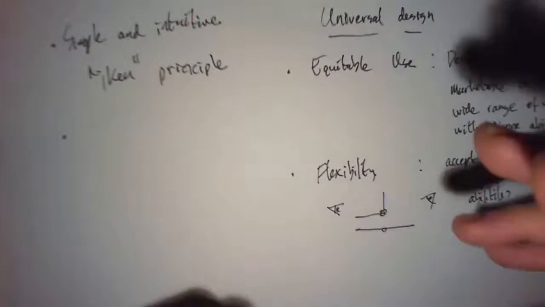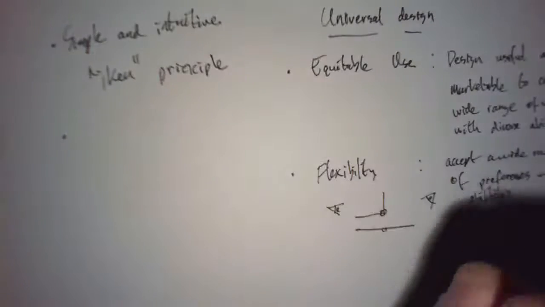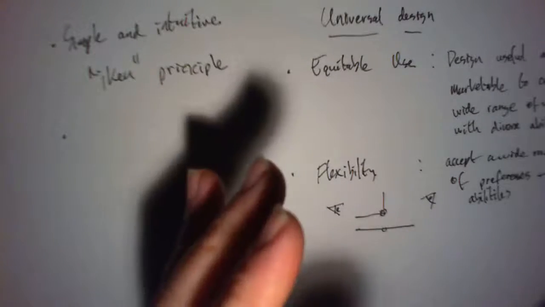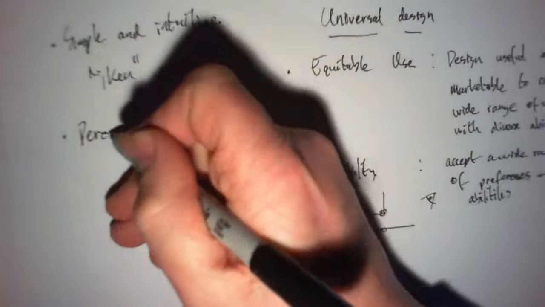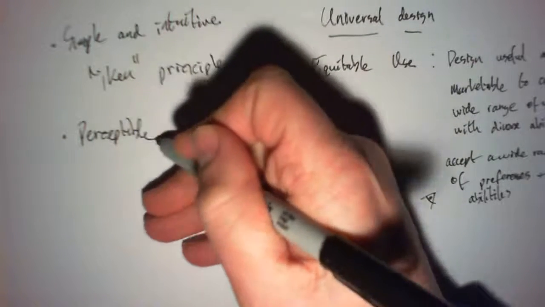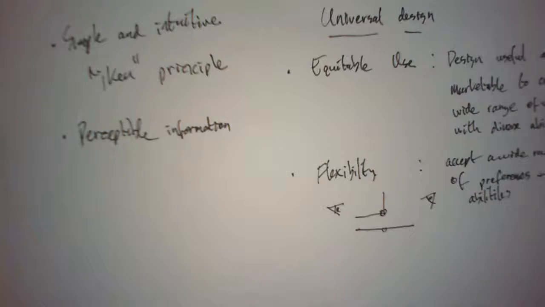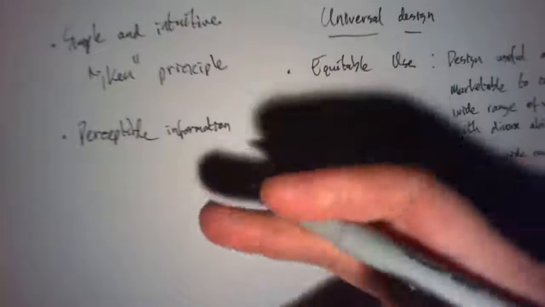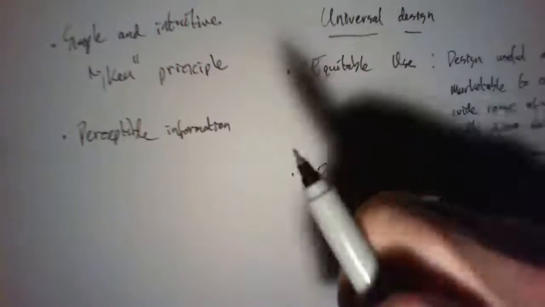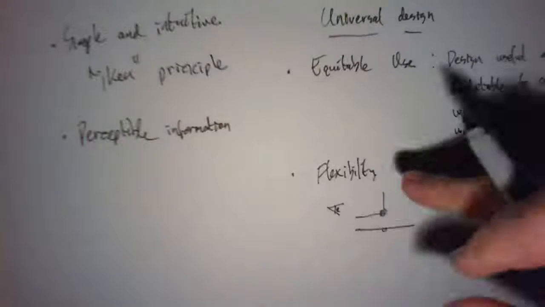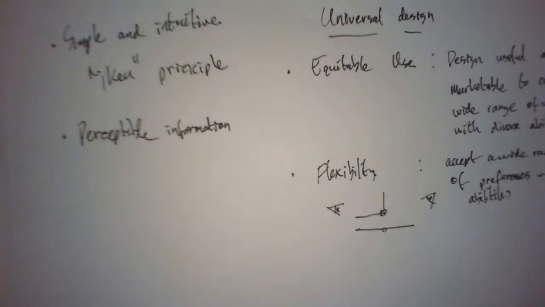The fourth one then, I suppose this one is definitely what I would consider a more in-depth one. And this is the idea of perceptible information. The idea here is that the design, whatever you're building, communicates necessary information effectively, regardless of the conditions of the user's surroundings. So, for example,